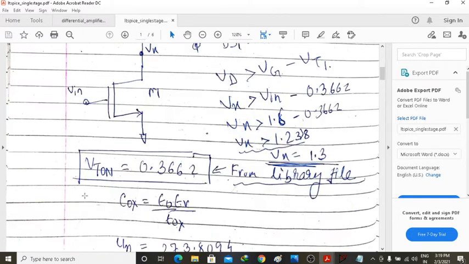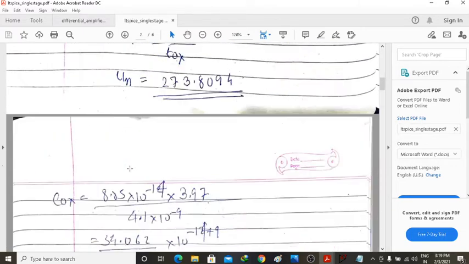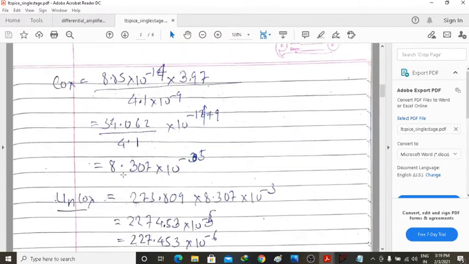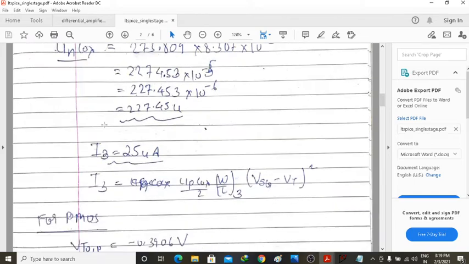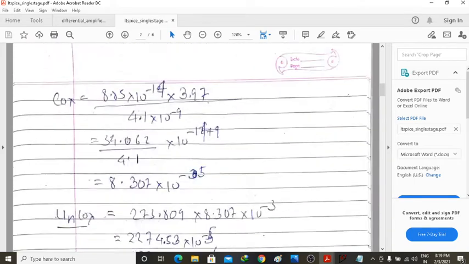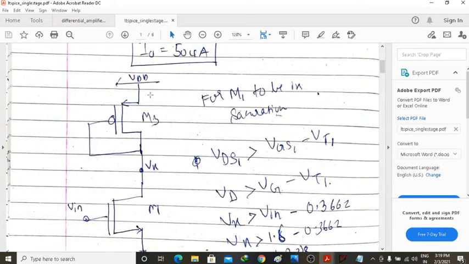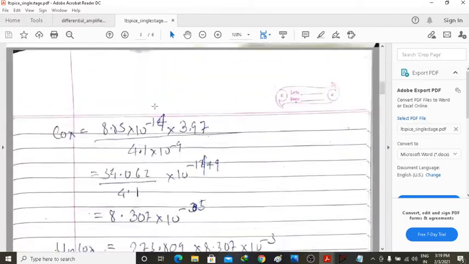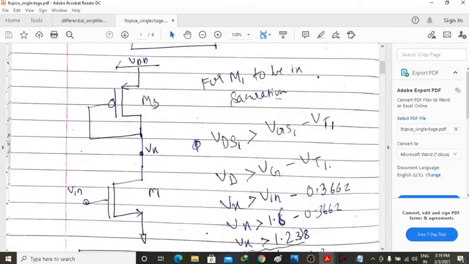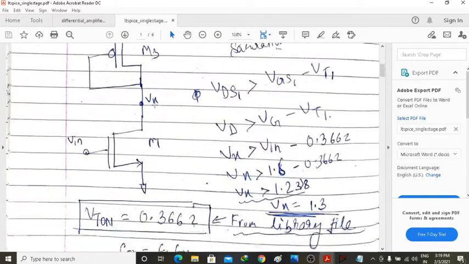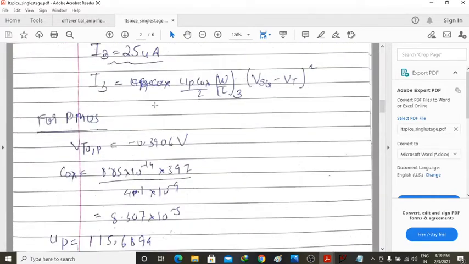Okay, and using all the values, you see I have calculated COX for NMOS, PMOS, mu and C1. This is quite easy. So let's come. You look over here. What is the current through I3? I3 is, because it is saturated. Why is it saturated? Because the gate and drain terminals are tied, right? So I3, the current through the third transistor, is equal to mu p COX by 2 W by L3 times (VSG minus VT) whole square.